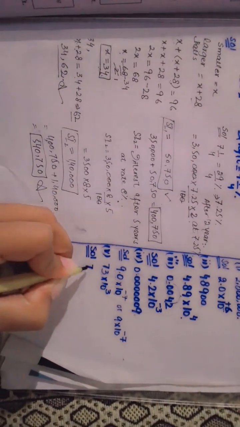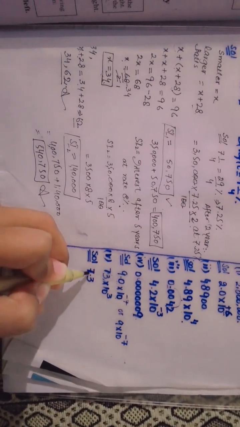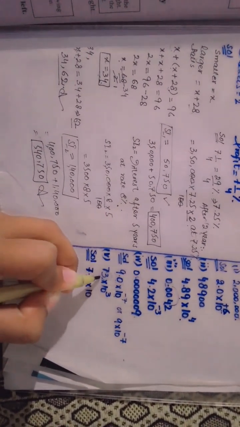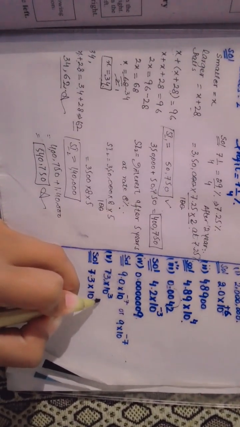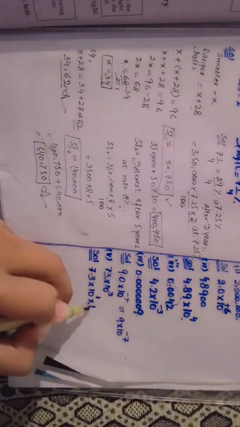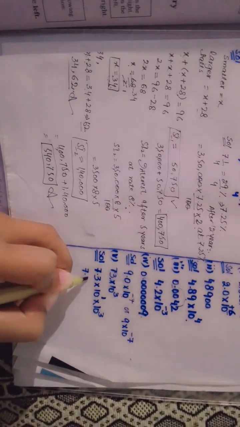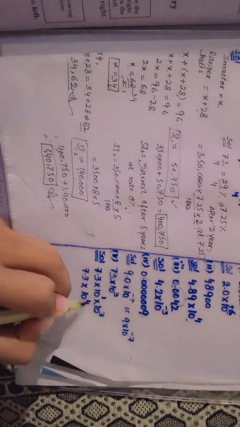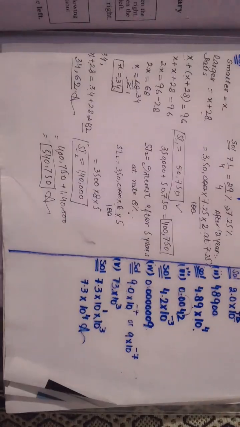So point 7.3, point moves from here to here. So 7.3 multiply 10 की raise, because point moves from right to left, so its value will be 1, but it will be positive. Then 10 की raise 3 is from here, so we can say that 7.3 multiply 10 की raise 4, 3 plus 1 will be equals to 4. This will be the answer of this question. Let's start करते हैं क्वेश्चन नंबर 6.